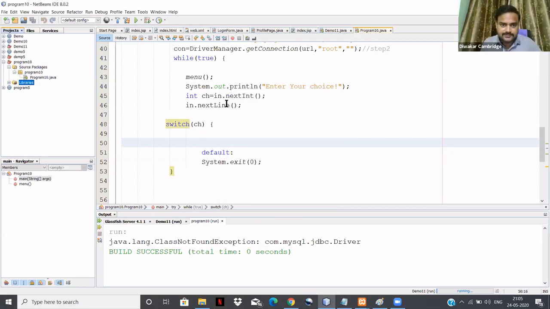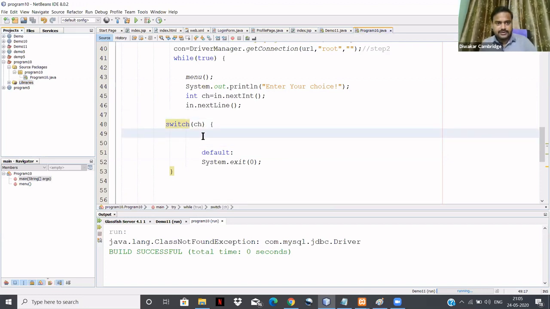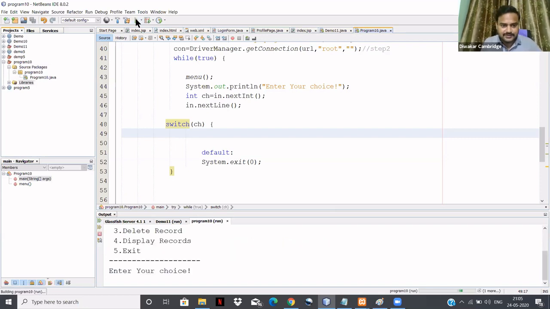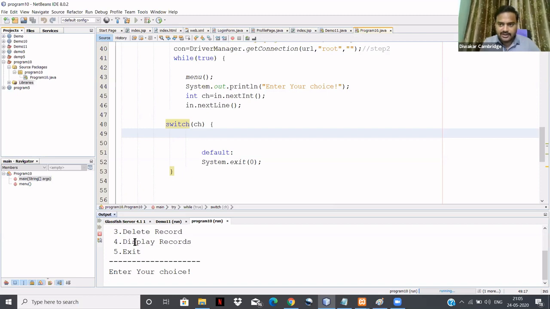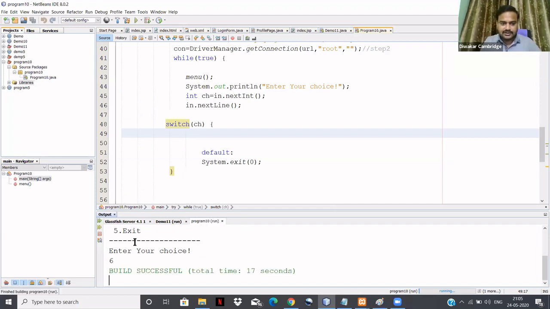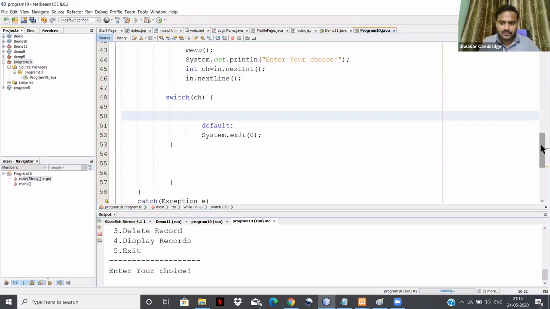After doing this, you try to execute this first. Now I am able to display this menu here. Enter your choice 1, 2, 3, 4, and 5. Right? Now still I have not performed any operation. I have not written any code here. So I'll just press 7, then click. Next, I'm going to come out of the infinite loop. Now the infinite loop is working here. Now I'm going to demonstrate the first case, that is insert the data into the database.